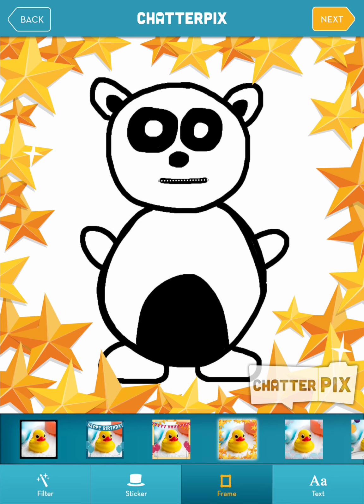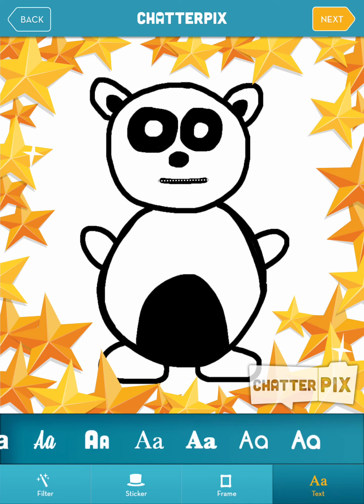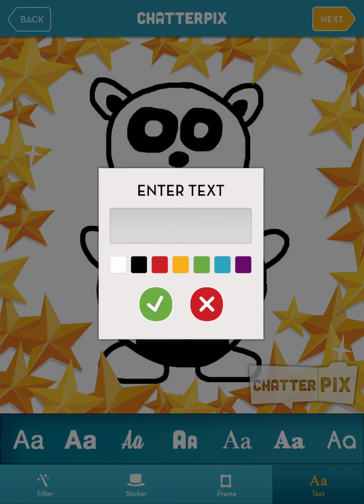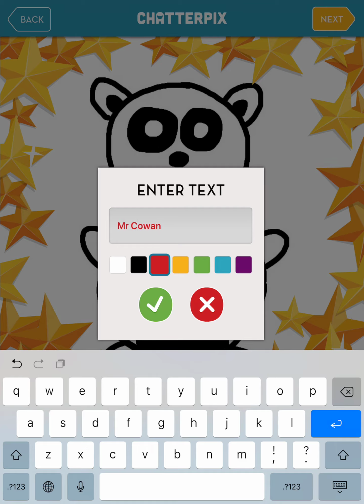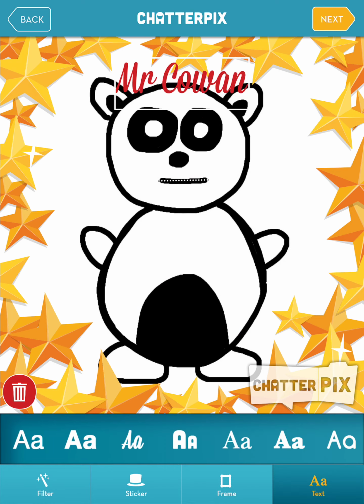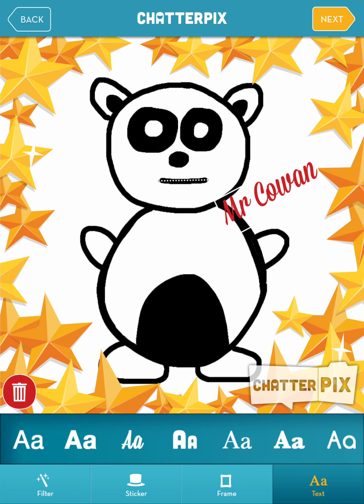So I'm going to press the text button down the bottom right, choose the text I like, this one here, and I'm going to write my name, Mr. Cowan. I'm going to change the color to red, press the tick, and now I can just move my name around where I want it. I can twist it, make it smaller. So I think that looks quite good just in there. And once I'm happy, I'm going to press the next button,